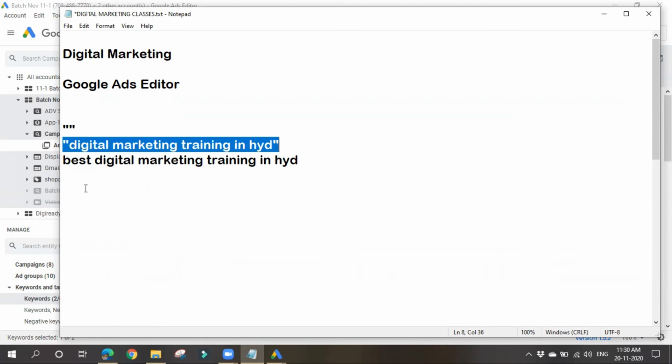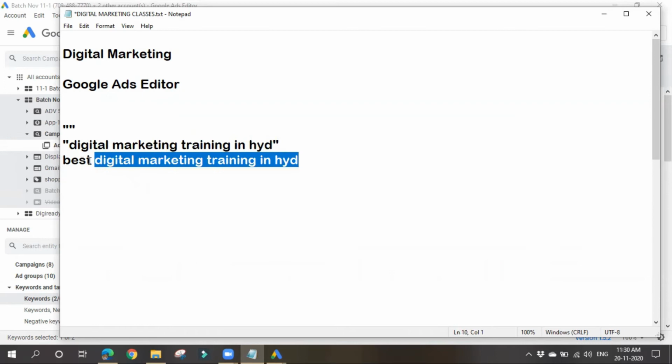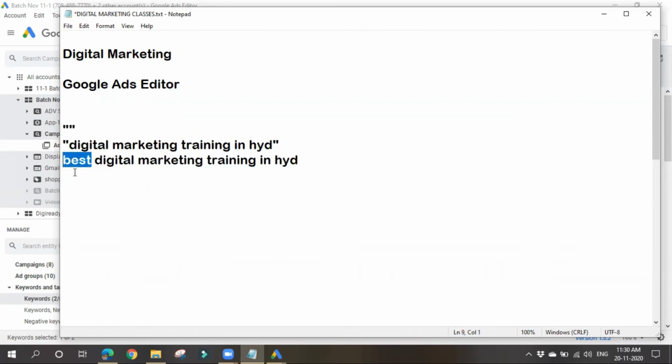Yes. So then, there is no need to go for the second thing. Best, top 10. So in this way, with the help of these match types, we can reduce the number of keywords we give. Anyway, we have to add some negative keywords at last, but the thing is, we can reduce the number of keywords.